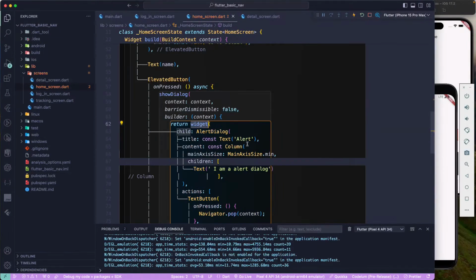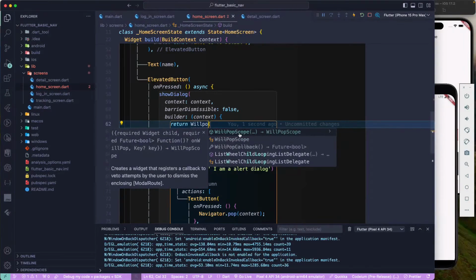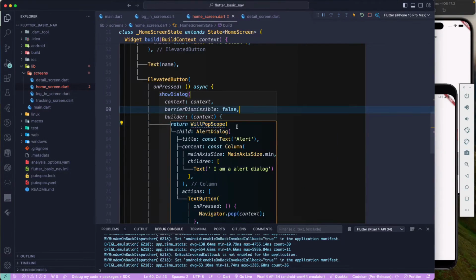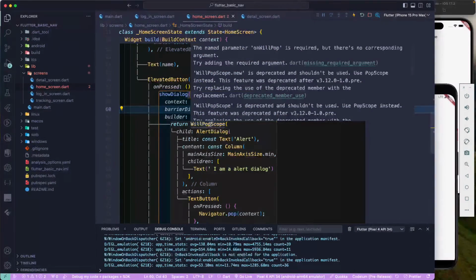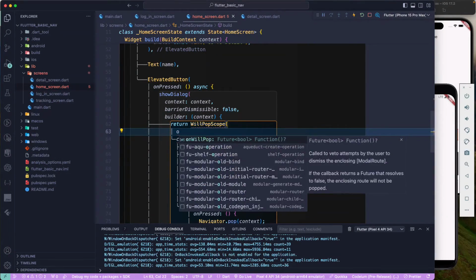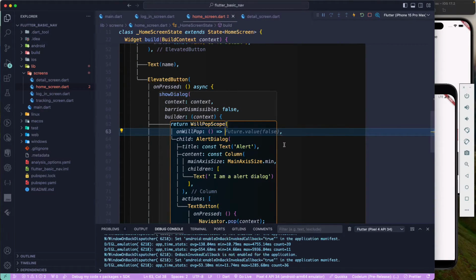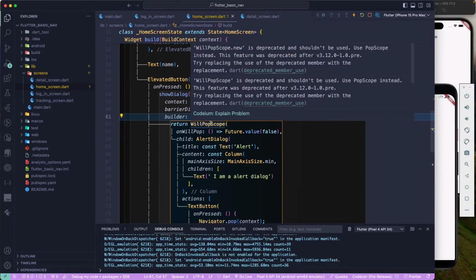So let's wrap this one with the widget over here, and we'll make use of the WillPopScope over here, and just wrap this one over here. And this one, the onWillPop is required, so we'll just go and add the onWillPop over here, and it takes the callback over here. So what we want to do in this particular, let's just go and add the arrow function over here, and I'll just return a future value of false, and